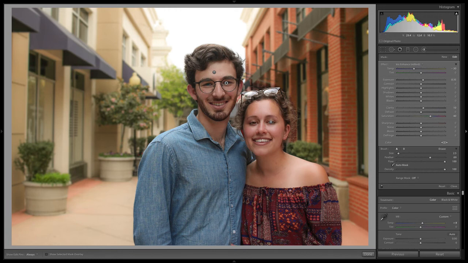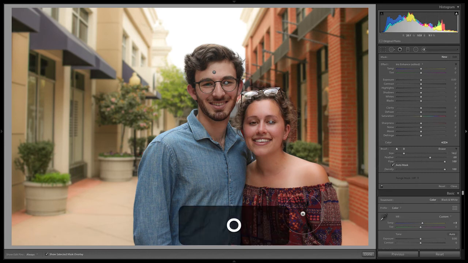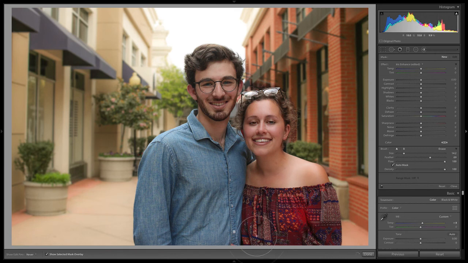Awesome, so the last thing I want to do is make her shirt pop. So I'm going to use another brush. I'm going to reset all these effects by double-clicking Effect, turn it up, leave Auto Mask on, and I'm just going to paint over her shirt. Now this is a little tricky because when you're doing Auto Mask, Lightroom is like, well, why are you trying to select all of these colors when you don't want them, or I don't know what you mean. But you just kind of have to go over them again.